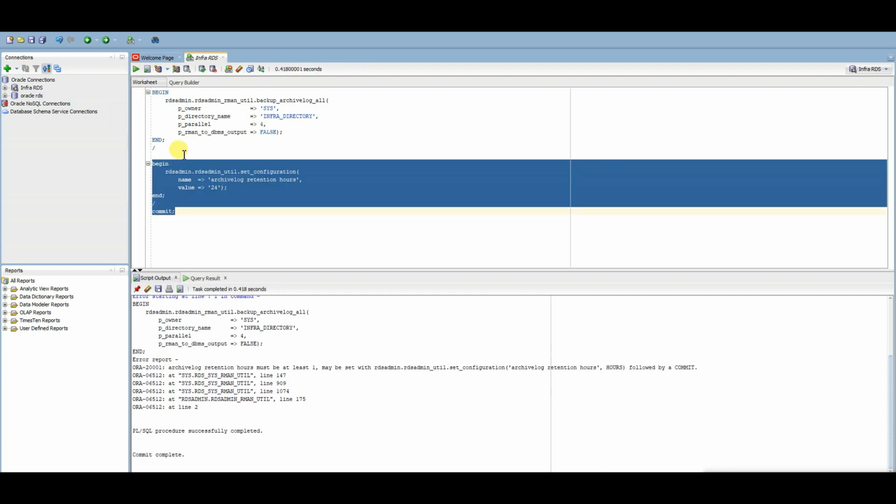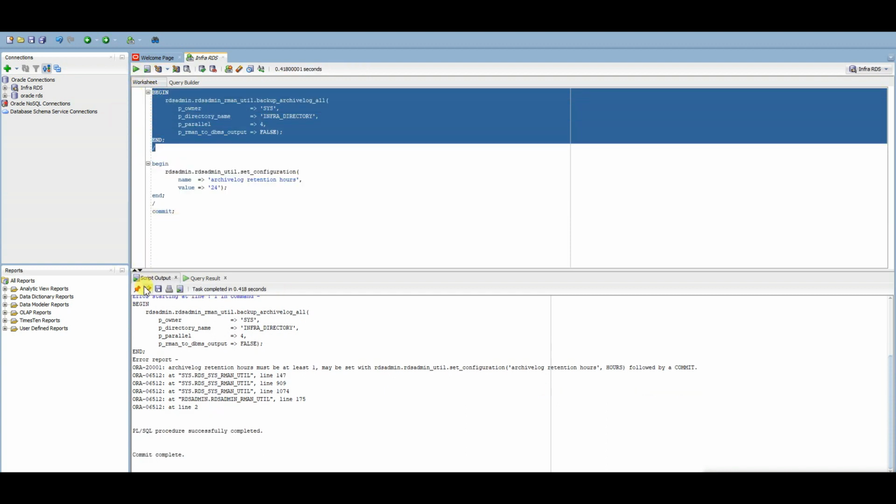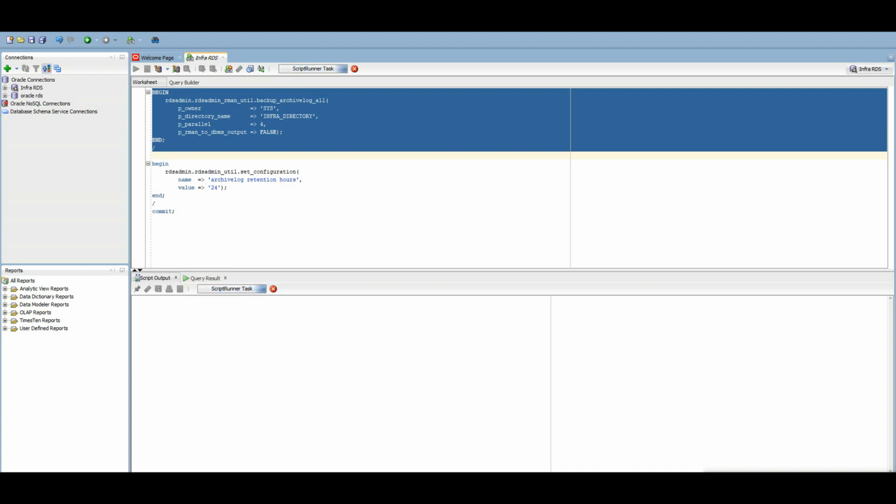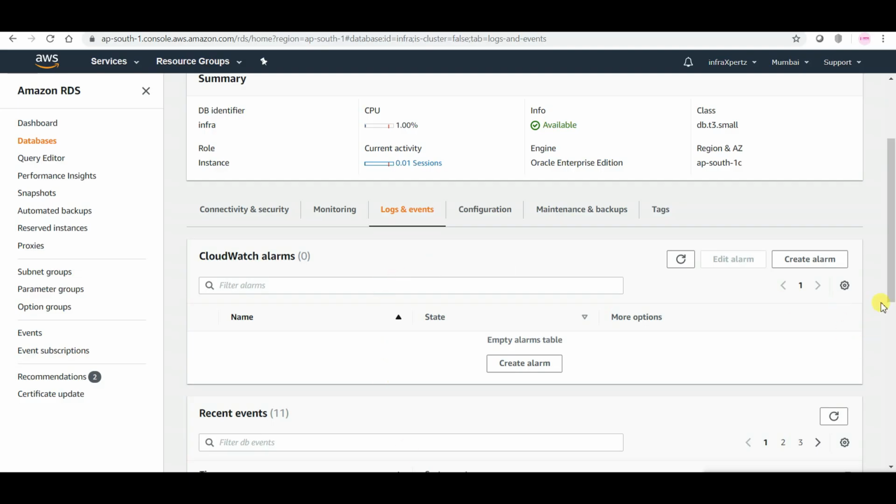So this has been set to 24 hours, and now run the command to back up our archive logs. So currently this is backing up. We can also check it from here.